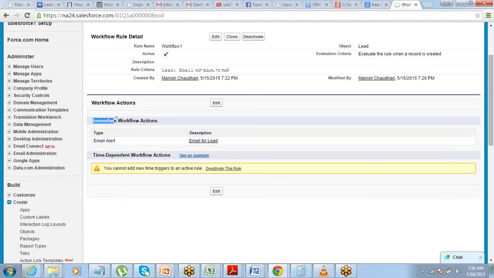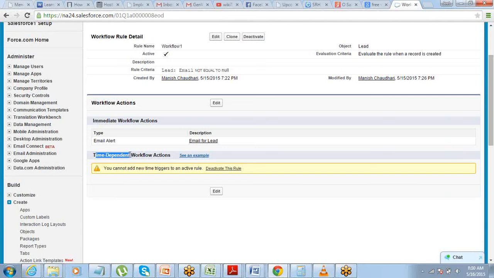So you have immediate action and you have time dependent action. Immediate action is something which will happen instantly. The moment record is created, the email will be sent. However, sometimes we might want to delay the action. Maybe send something after a day or two.